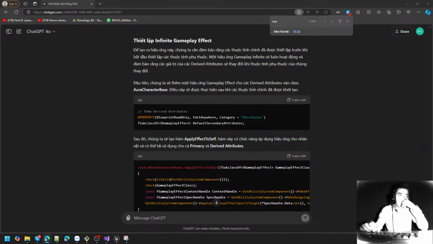Now, recall that our first modifier was set to override for the modifier op. These are all going to need to be override. So I'm going to set this next one for armor penetration to override. Modifier magnitude will be set to attribute based. And the backing attribute for this one, I'm going to expand that, is also resilience. Now, the values I've chosen for this one are a pre-multiply additive value of 1, a coefficient of 0.15, and a post